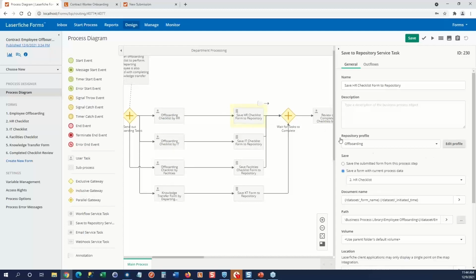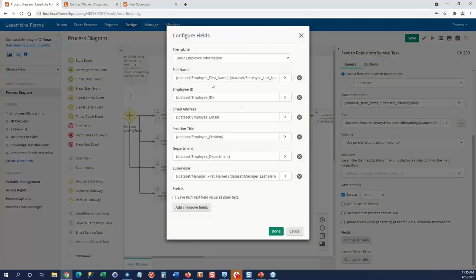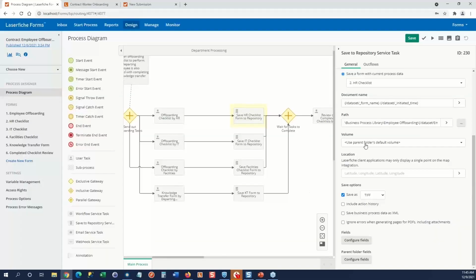And you just set up the form that's going to be saved and where it's going to be saved. And if you're going to save it as a TIFF image or PDF, you might configure field values as well. There's a template that came from the briefcase, and that will fill out some of that information on that offboarding document for you. So some really neat functions in Forms and our process. And you'll save that